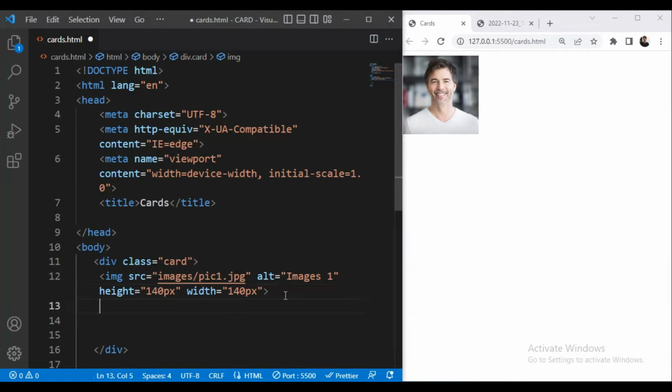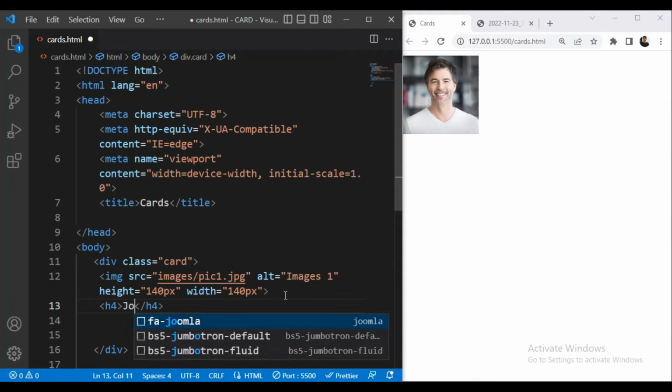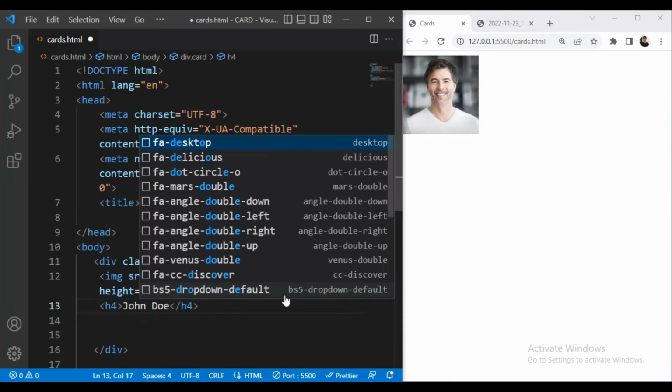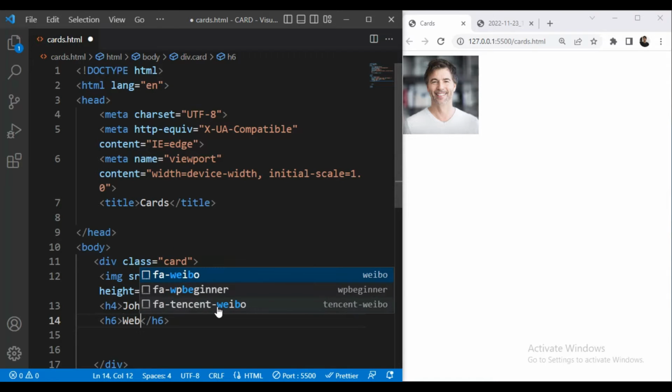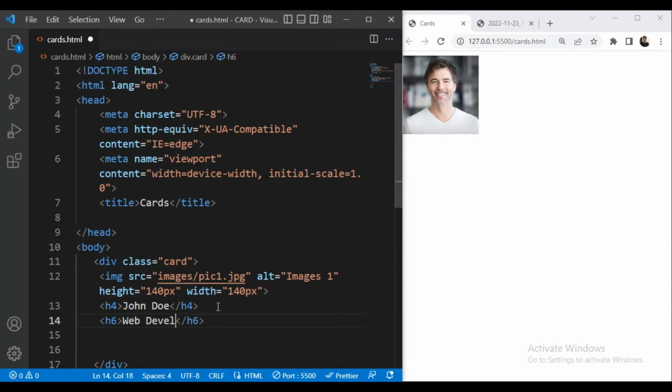So for that we'll use the heading element h4, and we'll give the name John Doe. Next we'll take h6 heading element, and we'll give the designation, that is web developer. Then we'll take the paragraph element, and we'll add some dummy text to it.